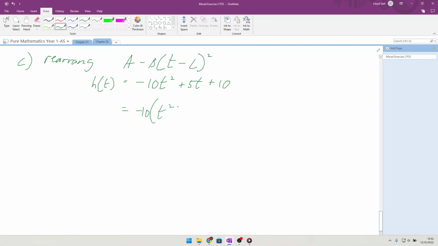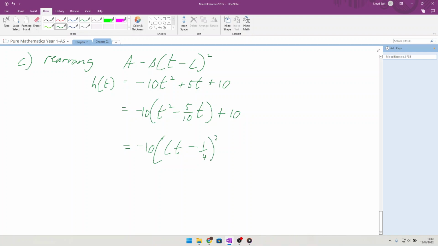That leaves me t squared and plus, more to the point, minus, because it's a minus 10 that I'm taking out, minus 5 over 10t plus 10. Okay, this would cancel down to minus a half. Okay, so we end up with a minus 10 times t squared, not t squared, but the t, minus a quarter, half of the half,